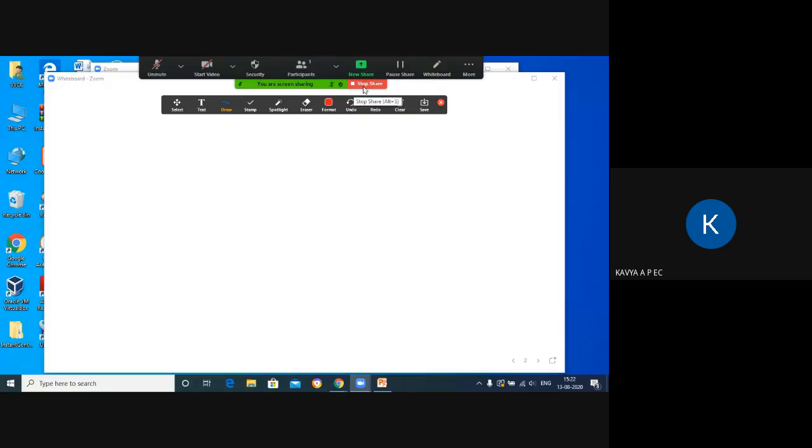Next, I want to record video using this Zoom. You can record the entire video and at the end you will get the video, and you can share it with the students. But if it is like a 40-minute video, the students usually complain that their bandwidth is low, their data is low, and they won't be able to view videos like that.